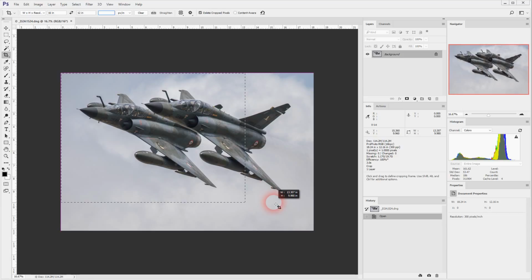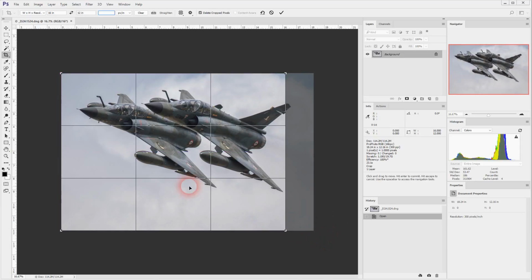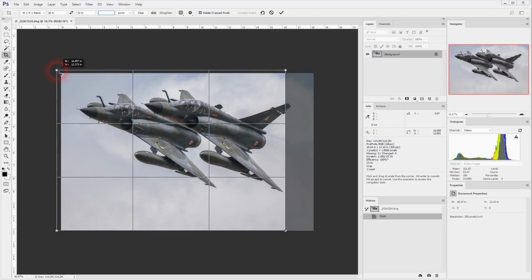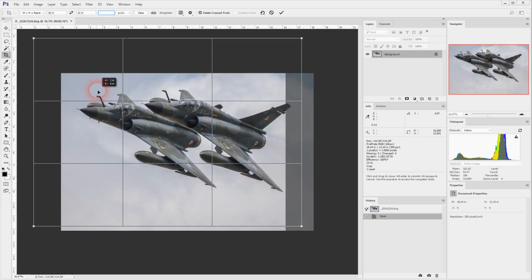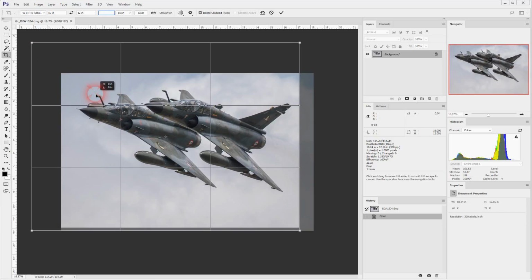Now you can see that because of that 16 to 12 shape, it's a 4:3 aspect ratio basically. We can't change the shape of the crop tool, and so as I drag across, you can see that to get a reasonable amount of space at the front of the plane and a reasonable amount at the top, we're cutting off the tail fin. So what we could do, it is possible to drag away from the aircraft, maybe try and compose a little bit like this,